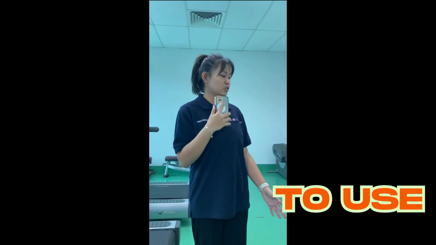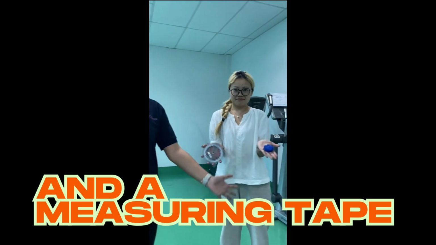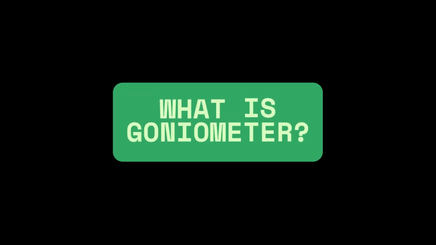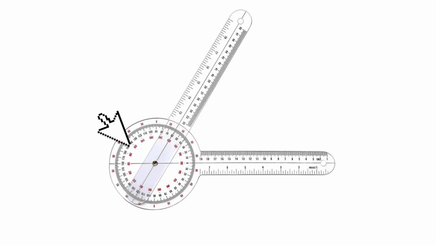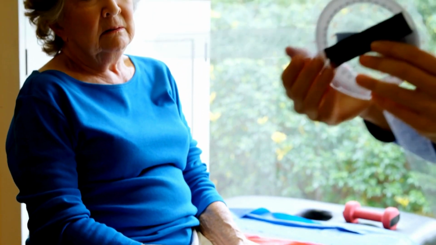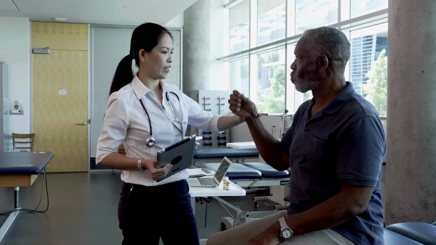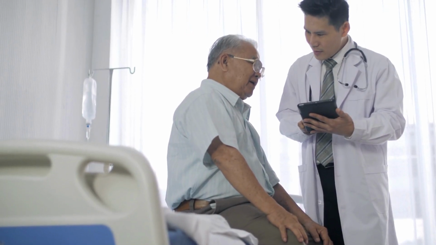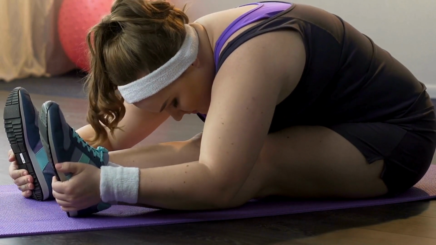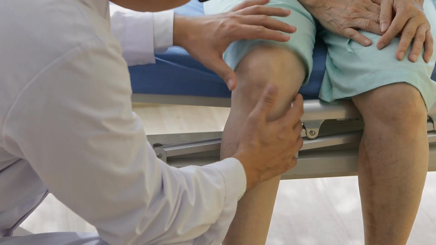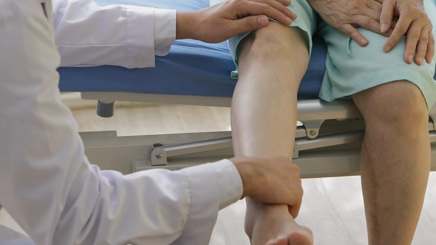Today we're going to demonstrate how to use a goniometer and a measuring tape on clinical measurements. But before we continue, what is a goniometer? A goniometer is a clinical tool used to measure the range of motion of joints in the human body. It helps physiotherapists, occupational therapists, and exercise physiologists like us, as well as clinicians. It is used to quantify joint flexibility, monitor progress during rehabilitation, detect joint stiffness, limitation, or hypermobility, and last, document